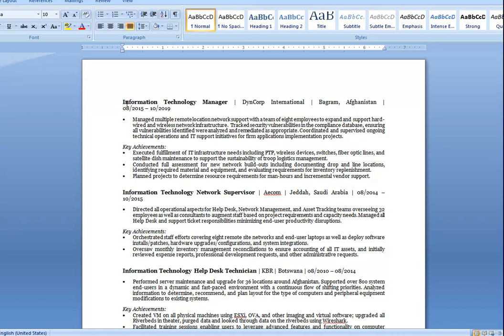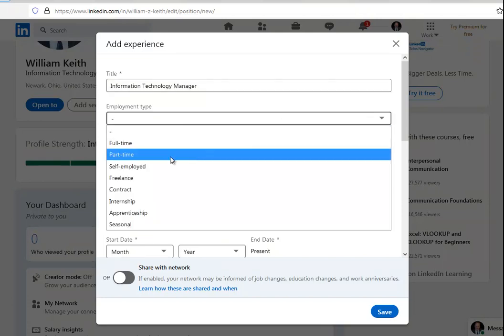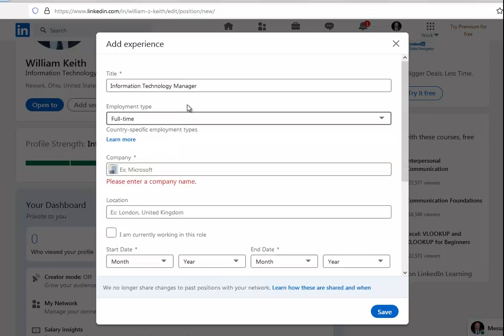So let's start with a job here. Let's assume that this was your most recent job. Let's change this to present. This is just a dummy set of resume things that I'm using for the purpose of this. So you would put the same job title. Whatever you choose, make sure it's the same. If you want to get specific, you could put things like full-time if you wanted to. Now, for the company name,